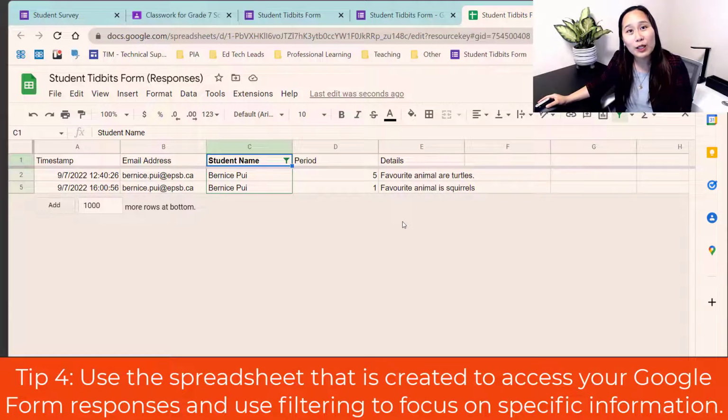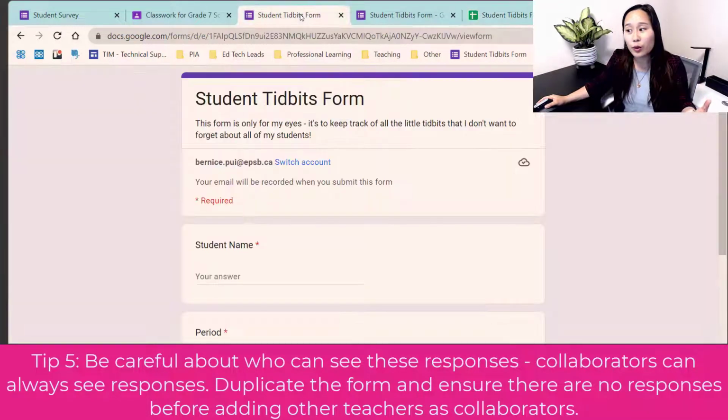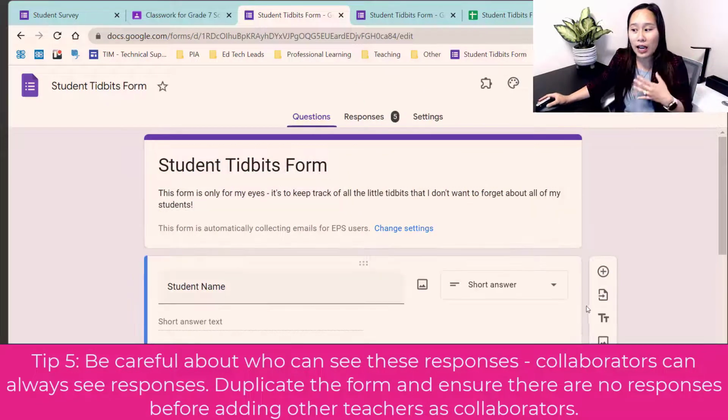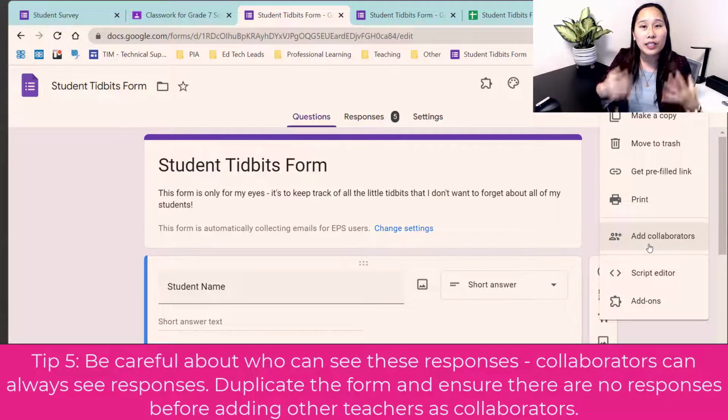And finally, that brings me to my last tip, tip number 5. Remember that since this is student data, please be careful about who can see these responses. So if you have another teacher coming to ask you to share this with them, just come into your form, click the 3 dots here, and you can see here that you have the option to add collaborators. Now, please note that collaborators can see